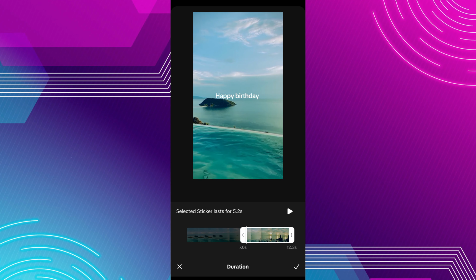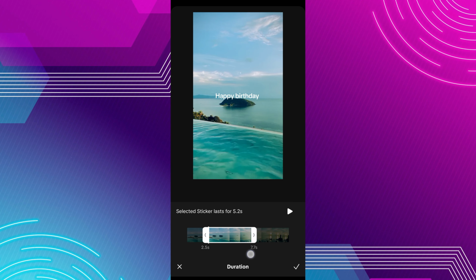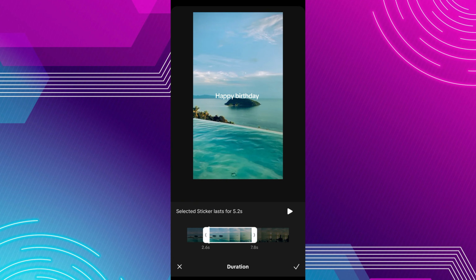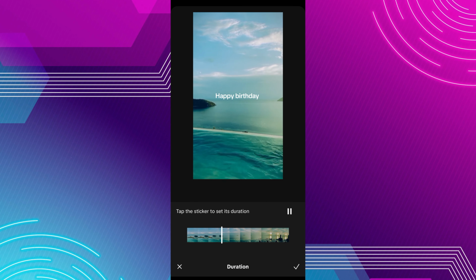Do you want to adjust the text duration on your TikTok videos? You can easily set your text to appear and disappear at specific moments, helping you create cleaner edits and timed